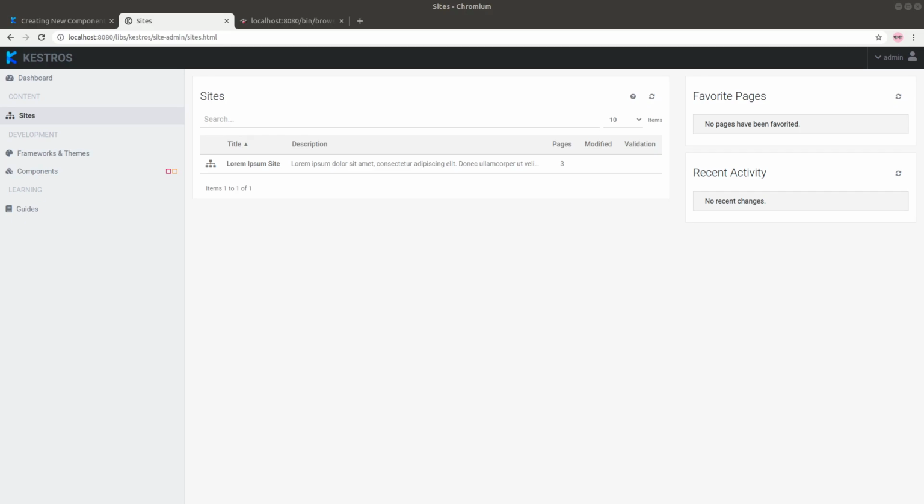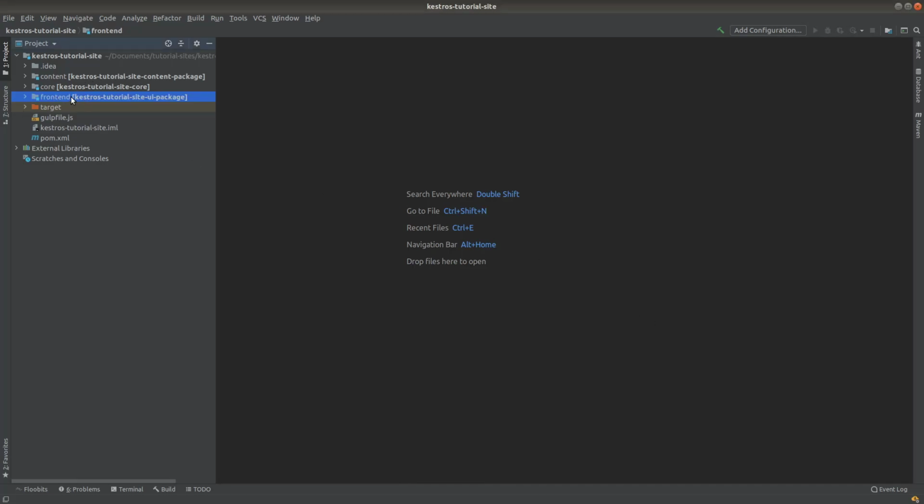In this section of the Kestros Alpha tutorial, I'll be showing how to create your own custom component types, as well as resolve some of the validation issues that may arise when adding your component type. So the first thing I'll do is jump over to IntelliJ and drill into our front-end